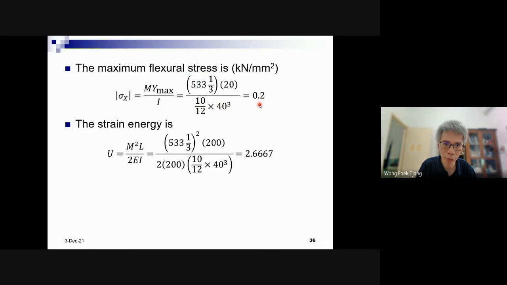That's 0.2. Furthermore, we also can calculate the strain energy using the beam theory. This comes from the beam theory. Maybe you learned this in mechanics of materials, right? Okay, so